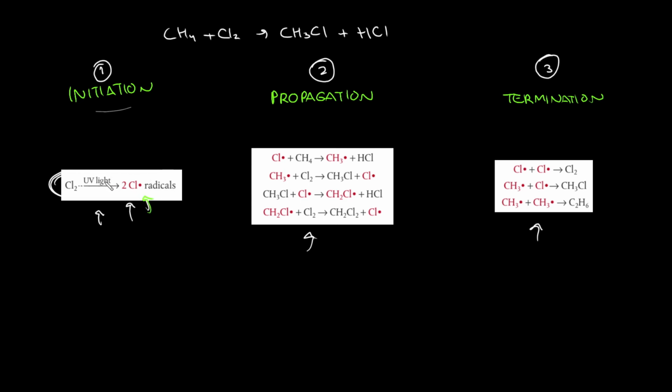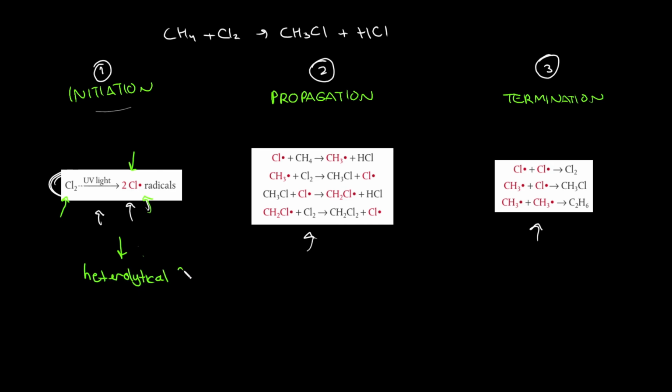So in the initiation step, basically what happens is this Cl2 splits into 2 individual Cl free radicals. And free radicals, as I said, are just elements with one non-bonding electron. I guess this is a nice place to learn your vocab terms. There's something called